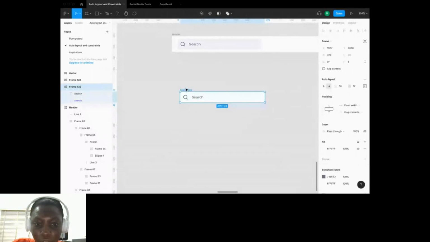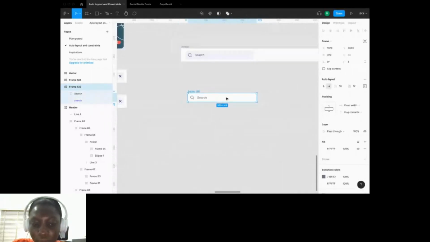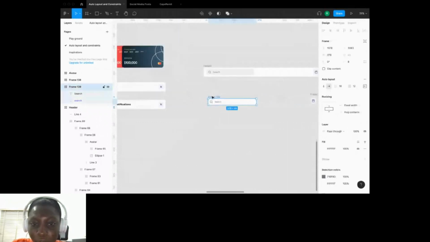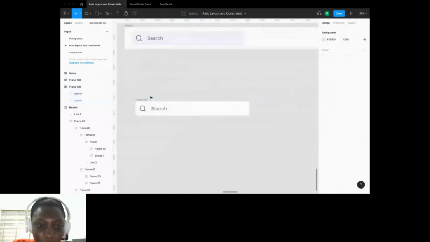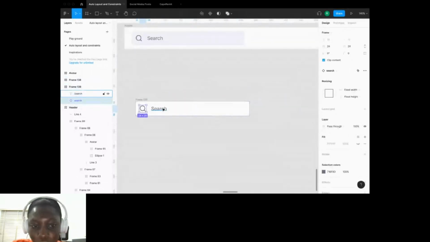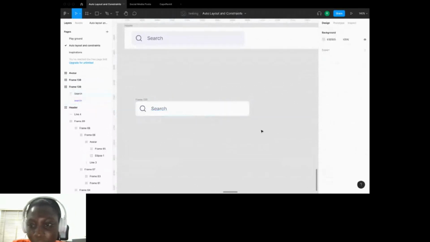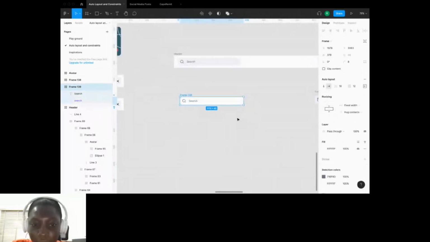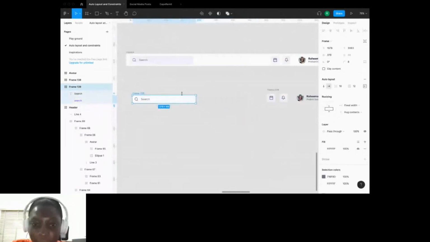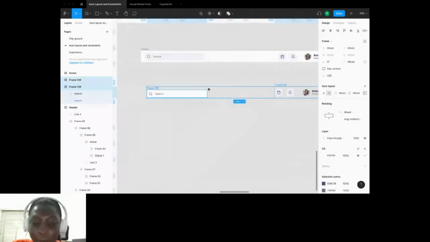Okay. So yeah, and we have our search field. So all we need to do is add these two together. Don't forget, this is fixed. We need to change the view container so that it can be responsive, right? So we have this and we have this. So this is like our last